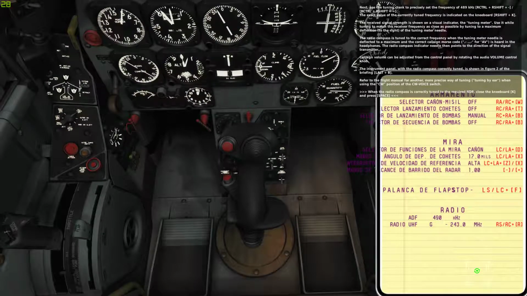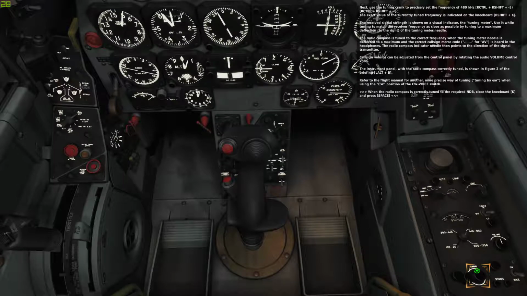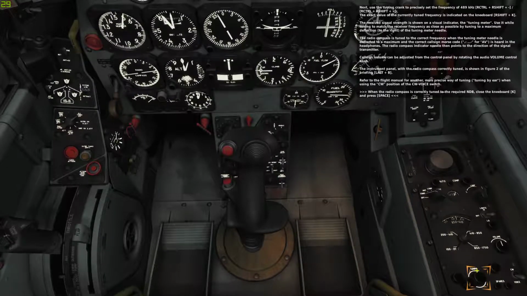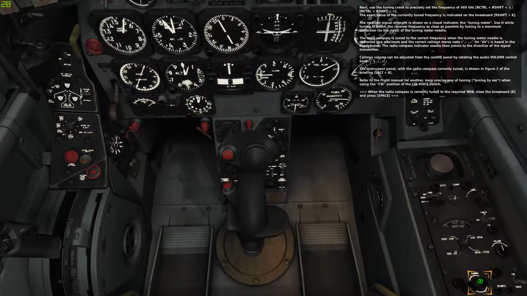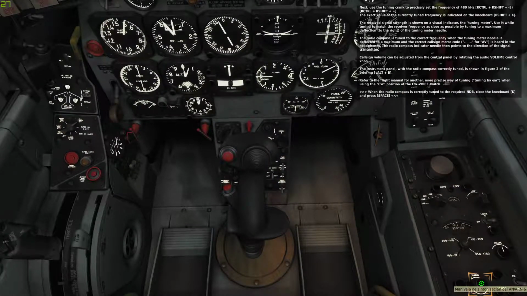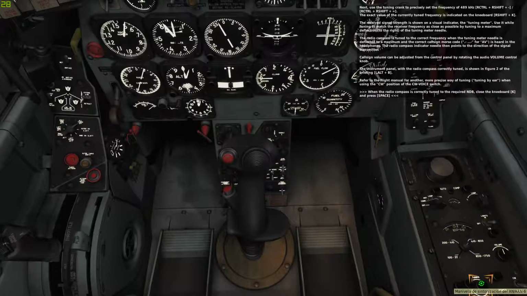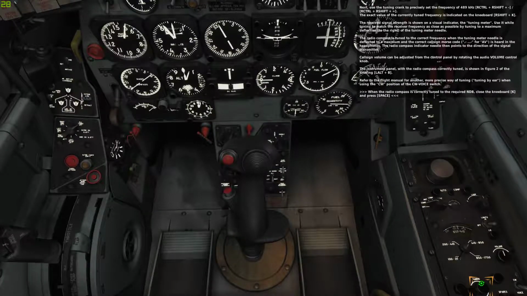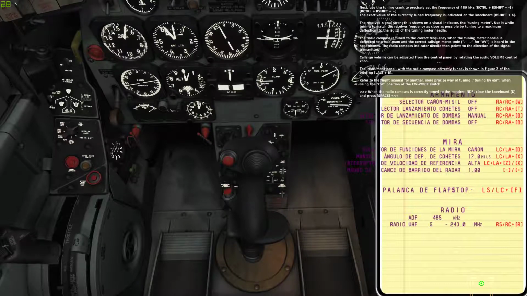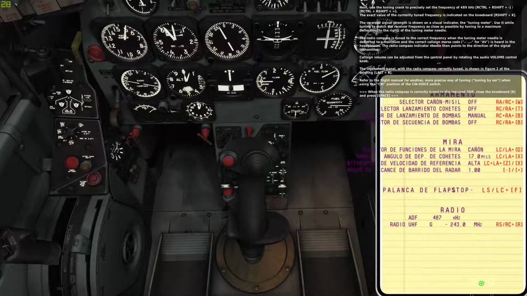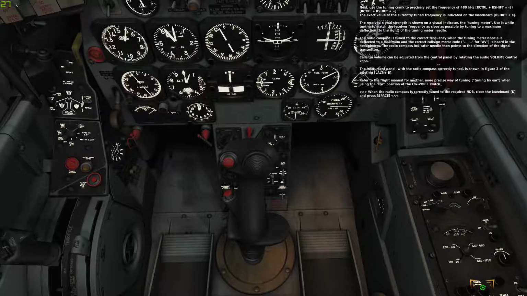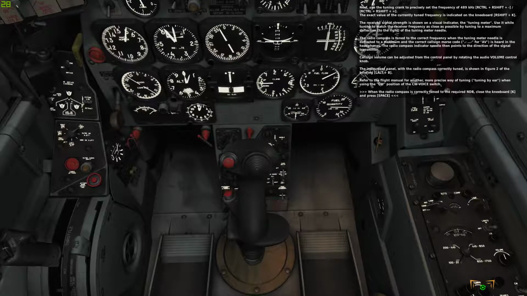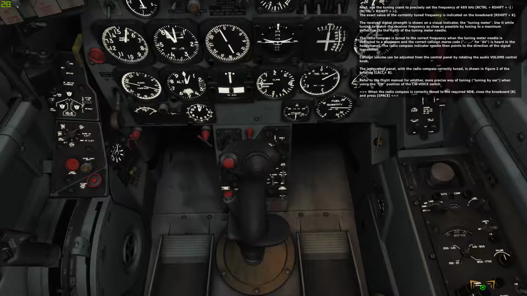Next, use the tuning crank to precisely set the frequency of 489 kHz. The exact value of the currently tuned frequency is indicated on the kneeboard, or right Shift and K. The received signal strength is shown on a visual indicator, the tuning meter. Use it while tuning to match the receiver frequency as close as possible by tuning to a maximum deflection to the right of the tuning meter needle. The radio compass is tuned to the correct frequency when the tuning meter needle is deflected to a maximum and the correct call sign Morse code